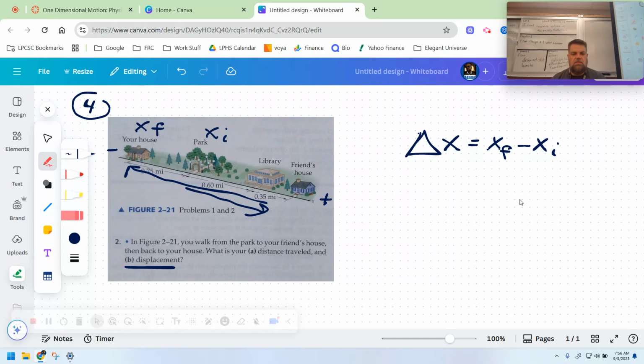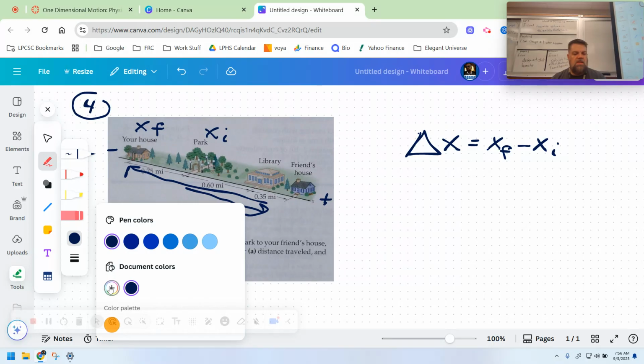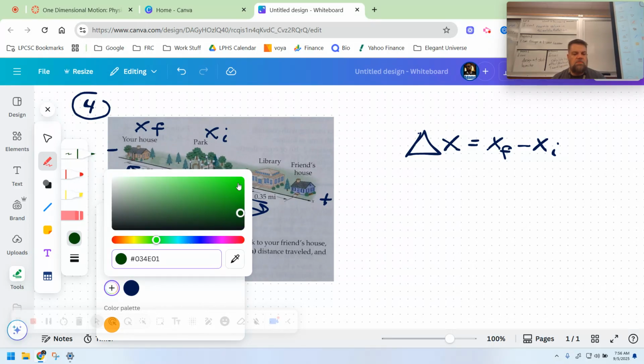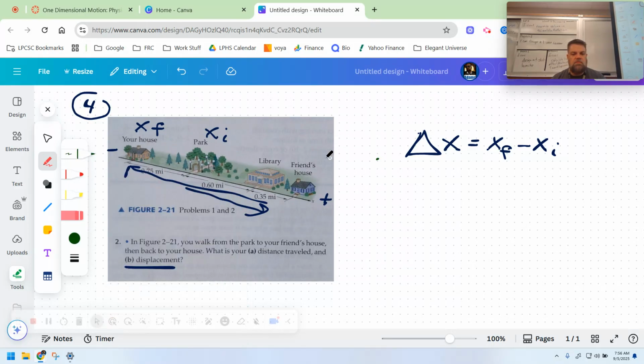So really, when we look at this, the only thing we've really traveled is from here to here. Does that make sense? So if I were to do some math on that, there's a couple of ways to do that. I would label this,